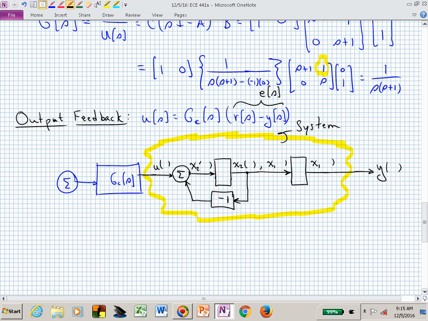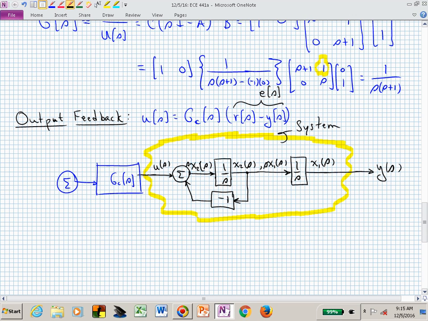Okay, so now I have U of s. I have x sub 2 of s. Really, it's s times x sub 2 of s, and this is x sub 2 of s. This is s times x sub 1 of s. This is x sub 1 of s, and that's y of s. Now I just have s's. Oh, and my integrators, I'm now in the frequency domain. Interconnection structure hasn't changed. I've just now put my system into the frequency domain,